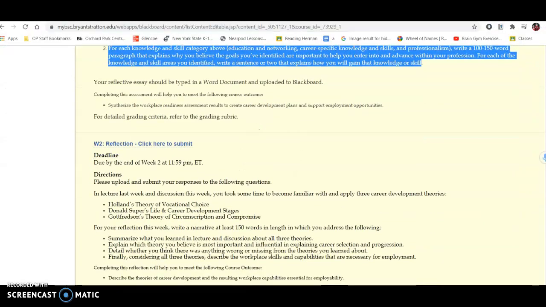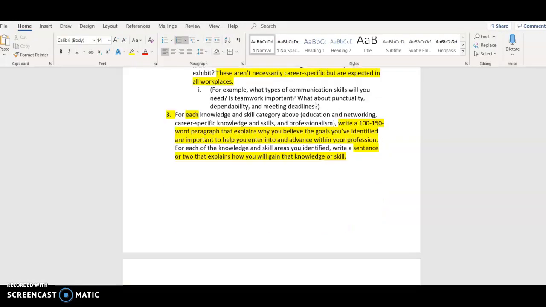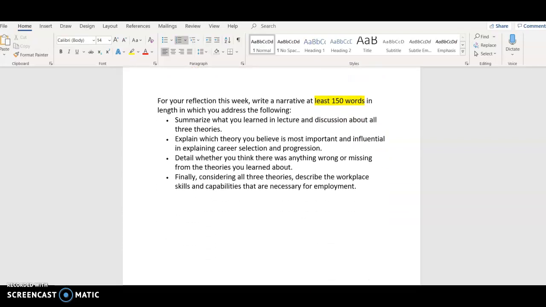The second assignment for this week is the reflection, which is a reflection on the career development theories. So this one you're going to cover each of the 3 of them. In the discussion, you got deep into one. Here you're covering a little bit about each. Same thing, I would copy and paste your question into a document and make sure you have everything. In total, this is just a 150-word narrative summarizing what you learned in the lecture and discussion about the 3